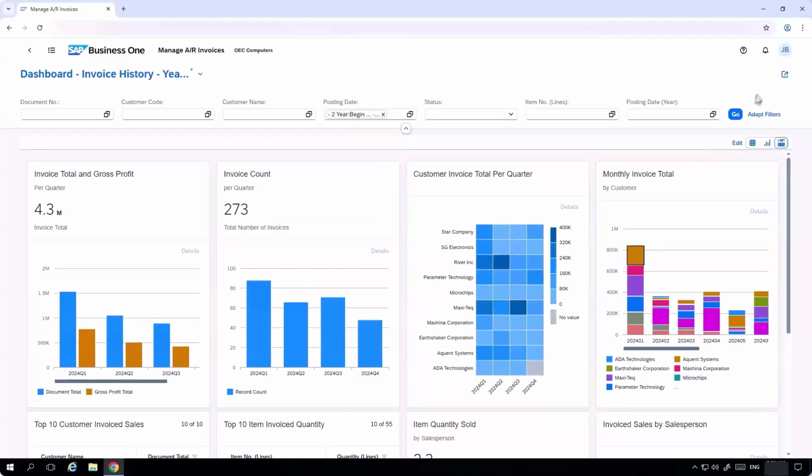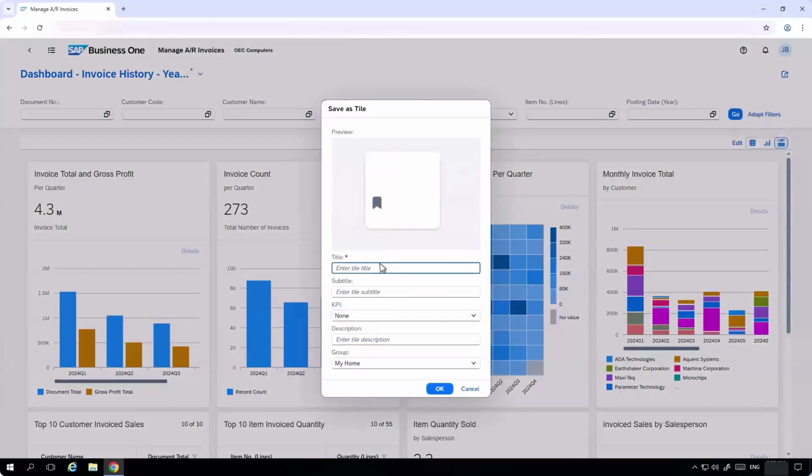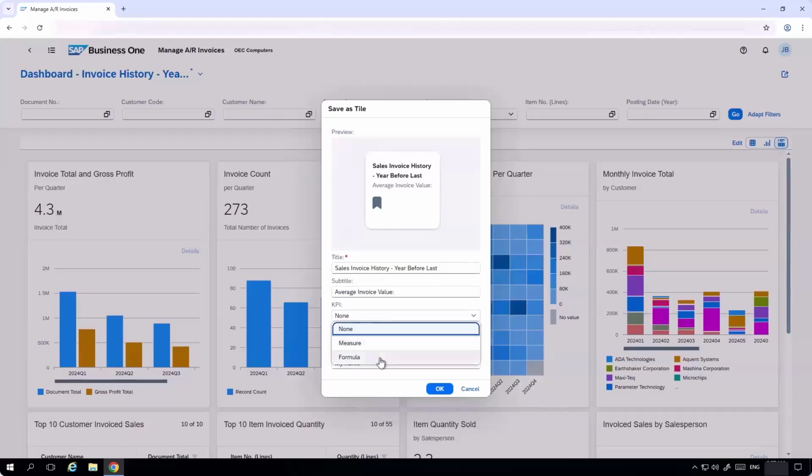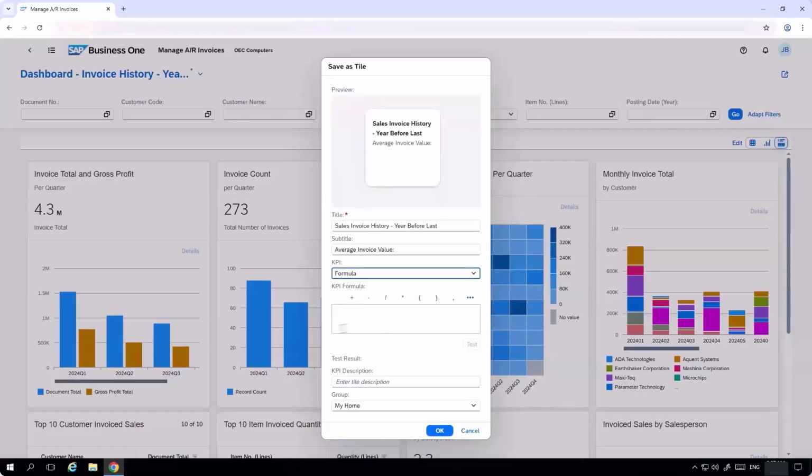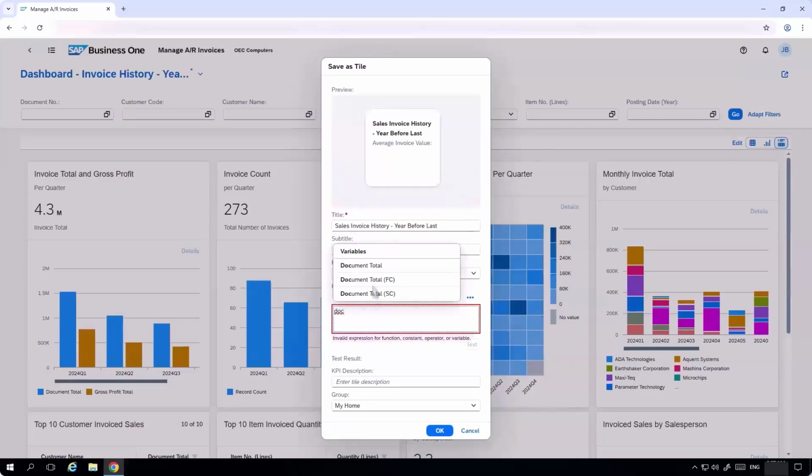What we're going to do now is create a tile from this list view. And when we save a tile from, I think, pretty much any list view, here's a sales invoice history year before last, we're going to enter in the subtitle, paste it in, average invoice value, and we're now going to put in a different formula, something else. This is not connected to the formula we just created for the card, that was independent. For the average invoice value, we're selecting the document total, and this time we're going to divide it by the record count. Let's type in record count,